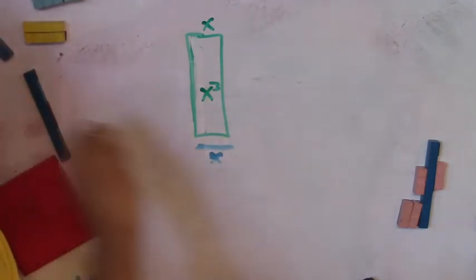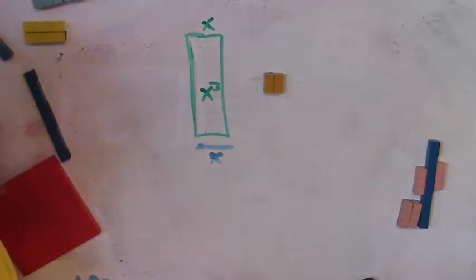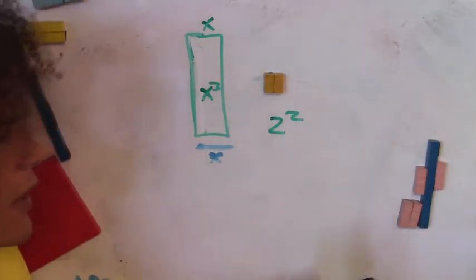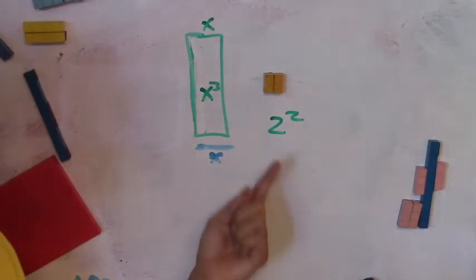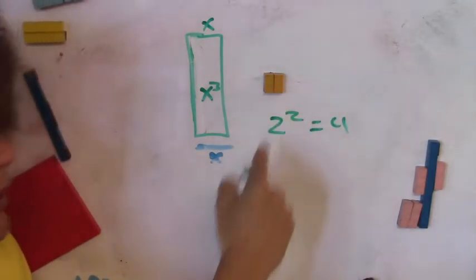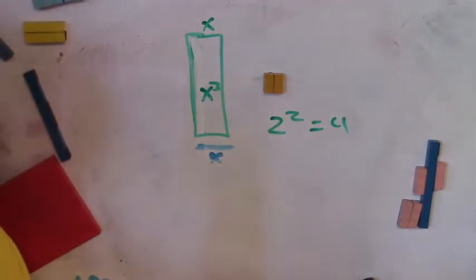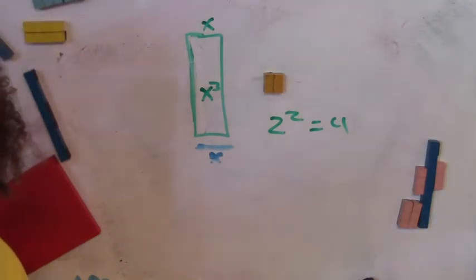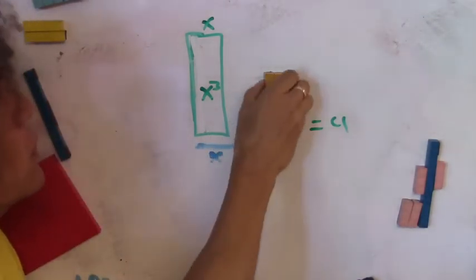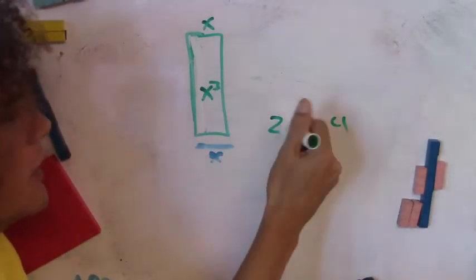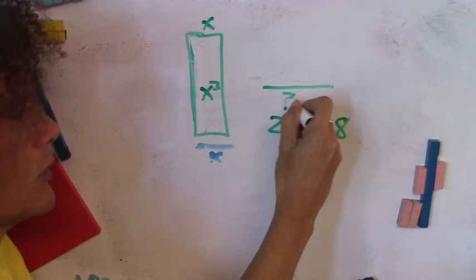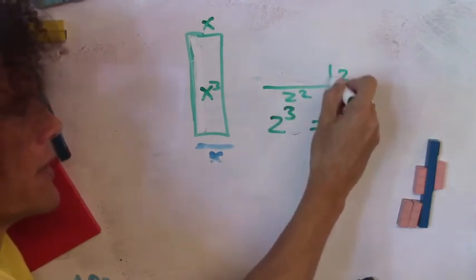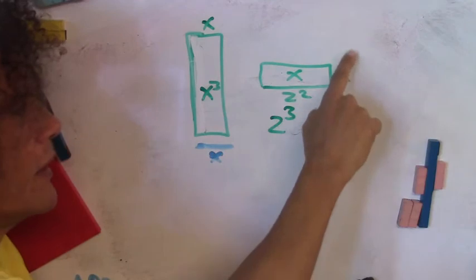What if I have 2 times 2? Isn't that 2 squared? 2 times 2, that's just 4, right? But 2 to the third. What's 2 to the third? 8. There you go. I said 2 to the third is 8, and you're absolutely correct. What I said here is that I've got 2 squared, 2 times, and that whole thing is going to be